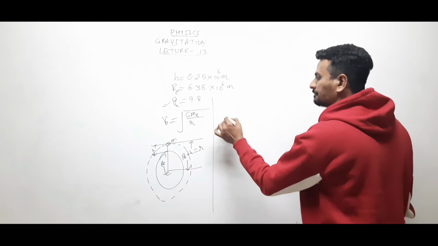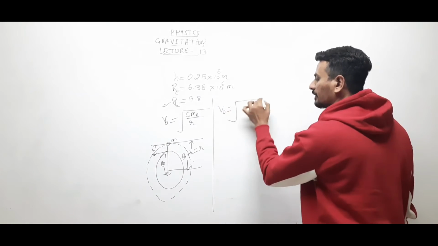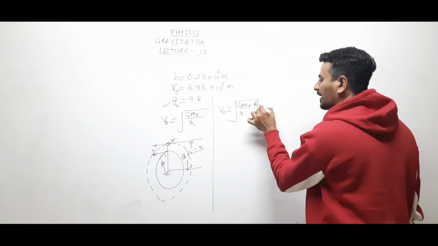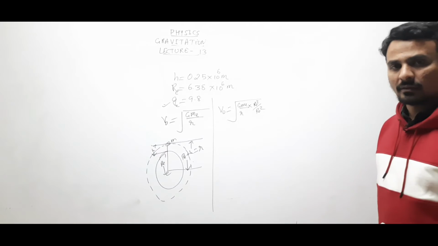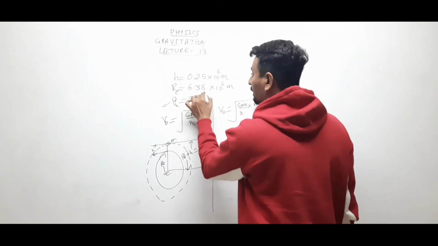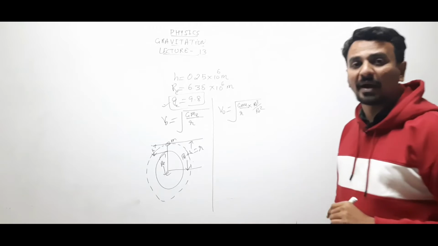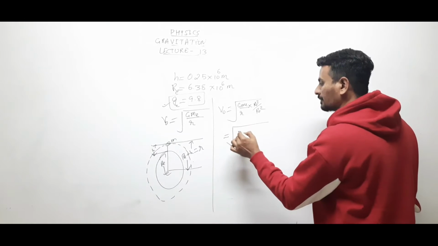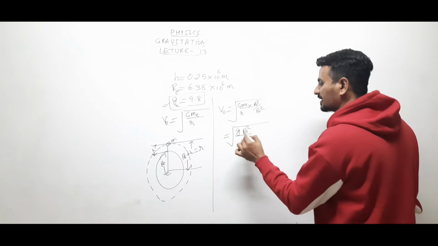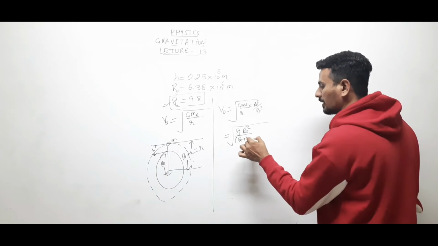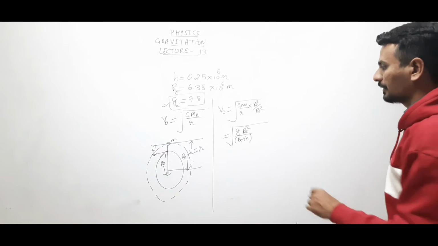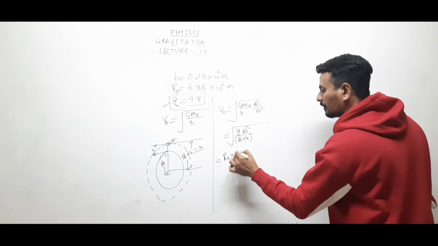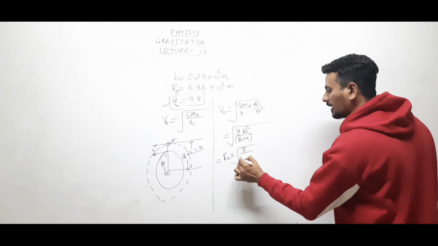So now let us multiply and divide this equation by R_E square, because the value of acceleration due to gravity on the surface of the earth, which is G M_E by R_E square, is given. So now this will be equal to root of g R_E square upon r. But what is r? R_E plus h. So we can take R_E out this way, into root of g by R_E plus h.